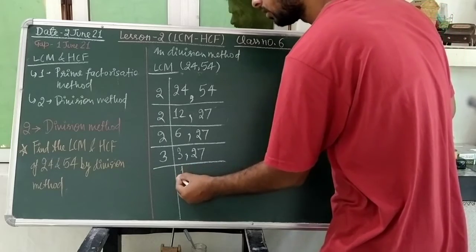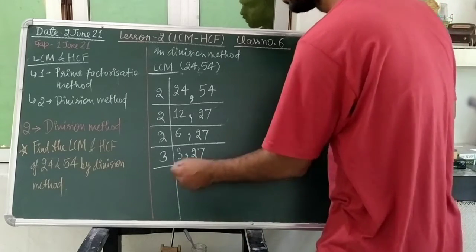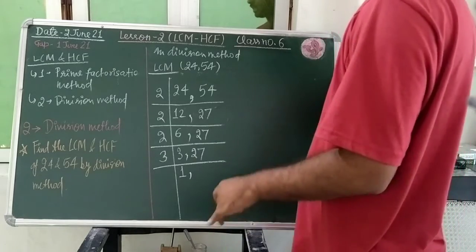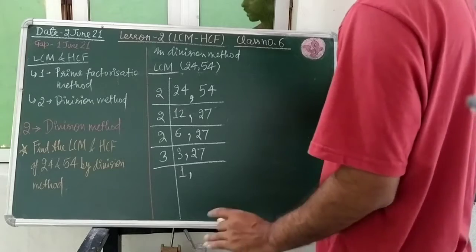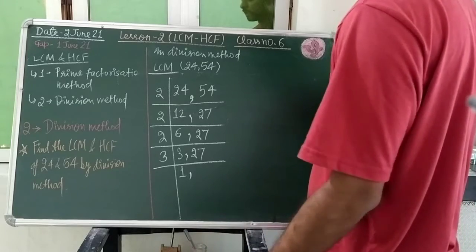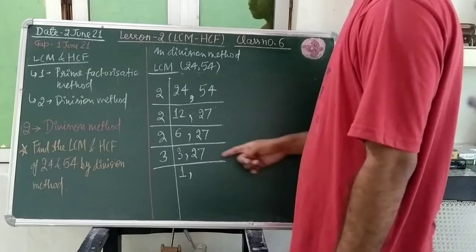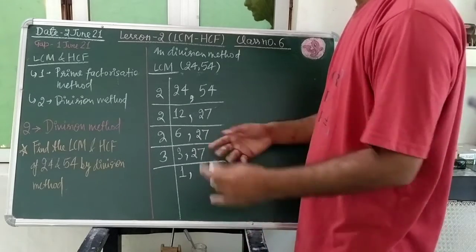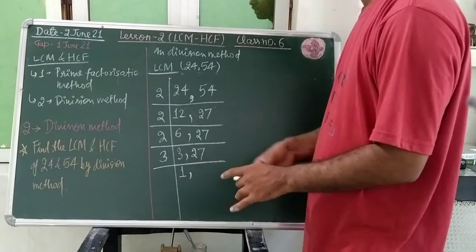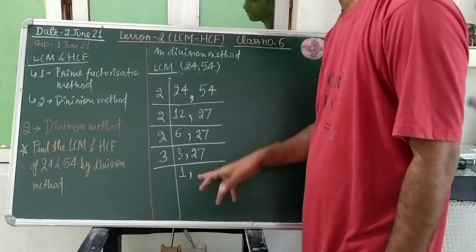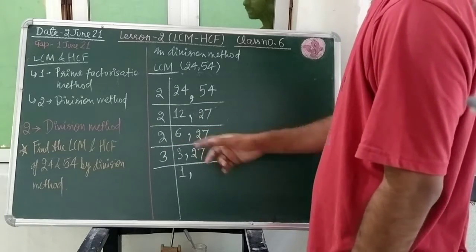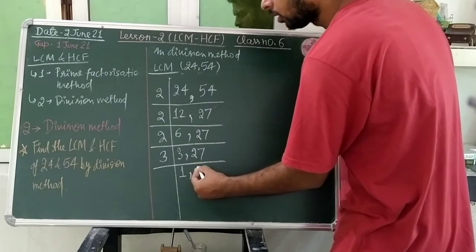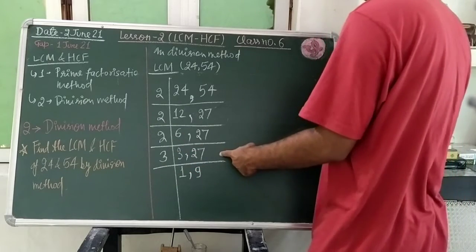So 3 is also going to divide this 27. How can we know, students? Divisibility by 3 tells us that the sum of all the digits must be divisible by 3. So 7 plus 2 is what, students? 9. And 9 divided by 3, 3 is going to divide this 9. So that is why the 27 will also be divisible by 3, as the sum of the digits is divisible by 3. So sir, 3 is going to go how many times? 9 times to divide this 27.